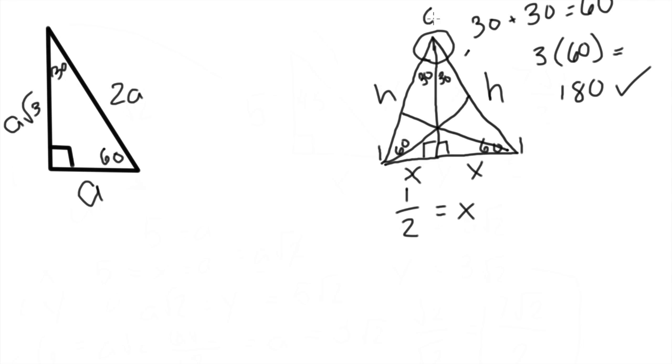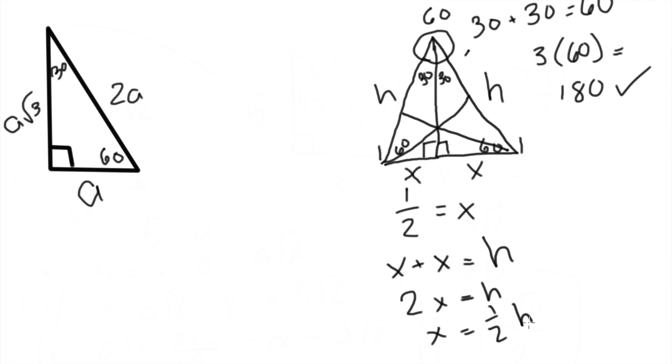Here, since we also have an angle of 60, across from it we have x plus x. And since it's across from an angle that is 60 degrees, and other angles of 60 degrees are across from side h, x plus x is equal to side h. That means we have 2x is equal to h, so x is equal to 1/2 h, which we can prove over here